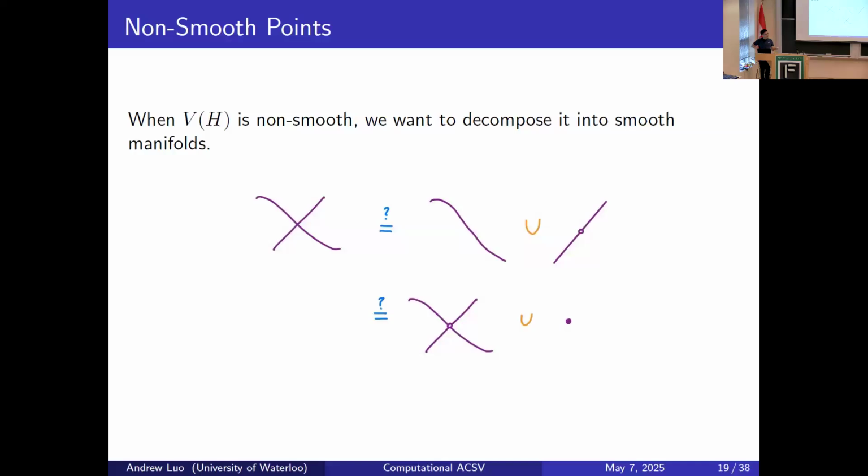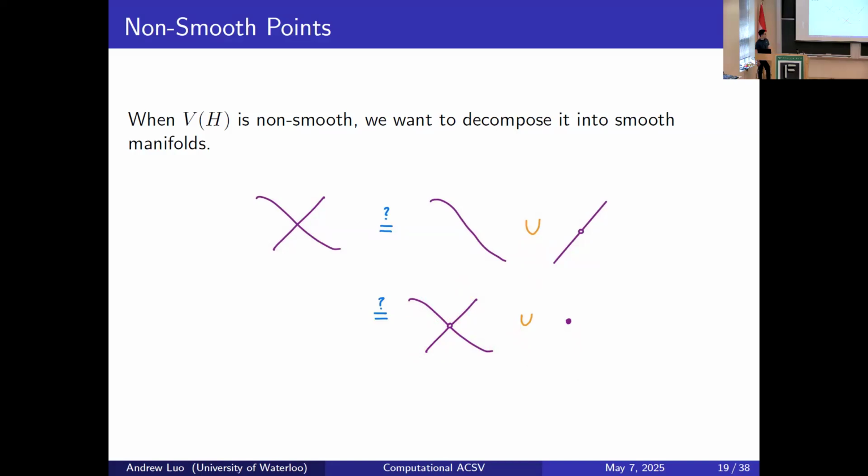Okay, so what if our singular variety is non-smooth? Well, then we have to do this additional step where we decompose it into smooth components. So that raises the question of how we can do that. Because, for example, if you had two curves coming together, one way you can decompose it is as one of the curves, and then union the other curve with this intersection point removed. But another way you can do this is you take the entire curve and just remove this intersection point where the non-smoothness happens and then make it its own component.